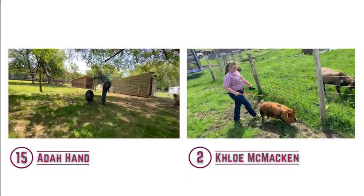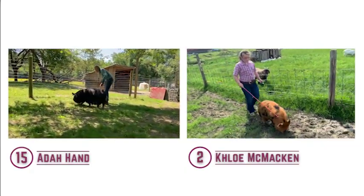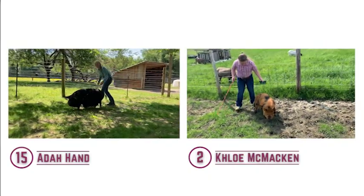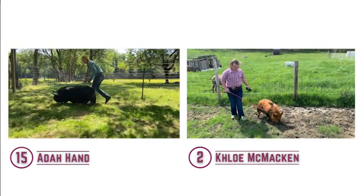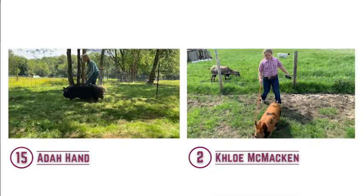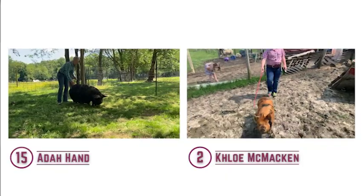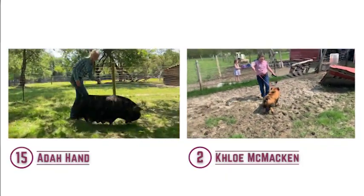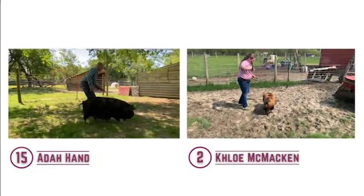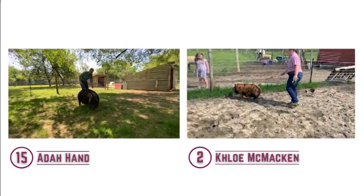We want to make sure that our youth are developing the positive presentation skills in our animal showmanship classes that will impact the rest of their life. So learning how to present yourself in a professional manner is important even in showing pigs. So I think that both entry 15 and entry 2 did a really good job in presenting themselves and their